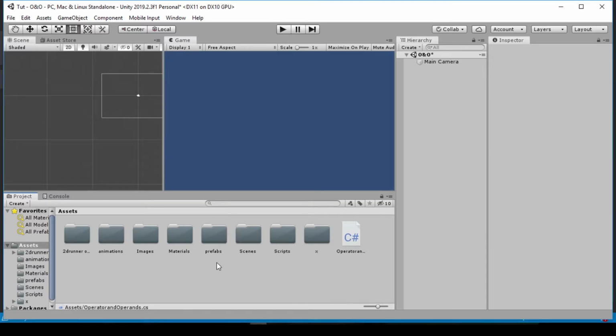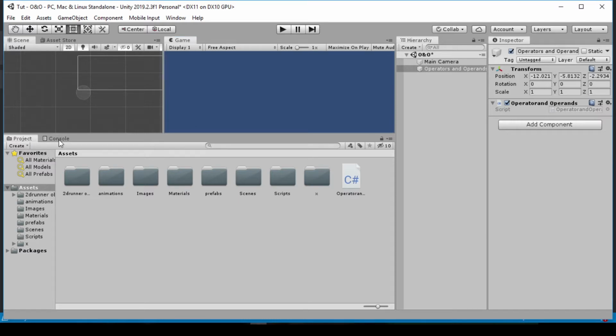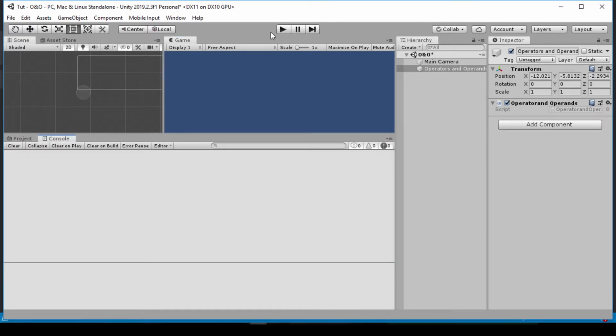Back inside of Unity now, what we need to do is create an empty game object. Now we can also name these operators. Let's clear the name and let's call these operators and operands. So with this done, we can now drag our script into this. And since we're not playing any game, what we need to do is pay attention to our console. So I will make this bigger and then hit the play button,